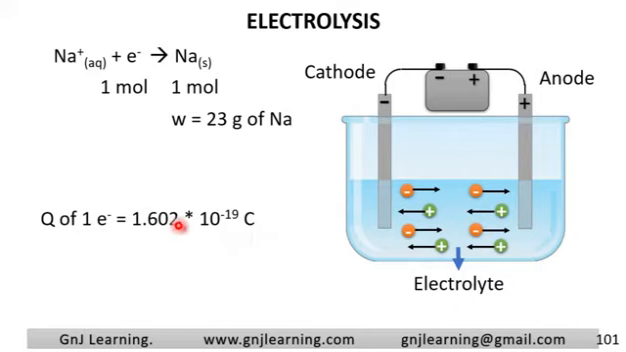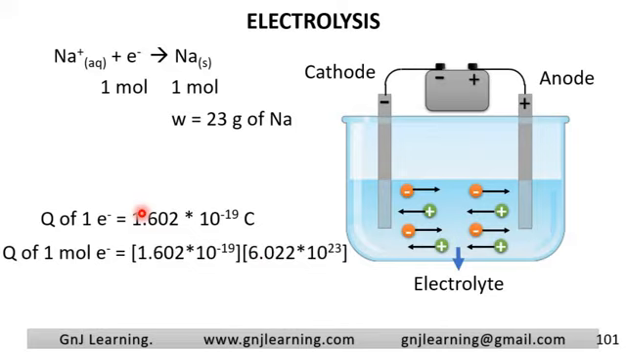So what is the charge of 1 mole of electrons? If the charge of 1 electron is this, then you have to multiply this value with 1 mole, or the Avogadro number. What is the Avogadro number? The Avogadro number is 6.022 into 10 raised to 23. So this represents 1 mole. To get 1 mole of electrons, you multiply the charge of 1 electron with 1 mole, which is approximately equal to